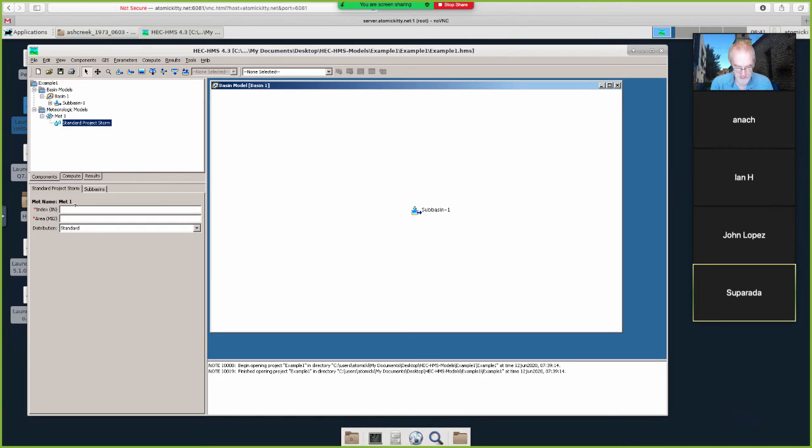Okay, so we have 640 acres. If I put 1 inch of rainfall on that, I would get the equivalent of 640 cubic feet per second coming off that watershed, at least at one moment. So I'm going to put 10 on it, which would be 640 feet per second, and